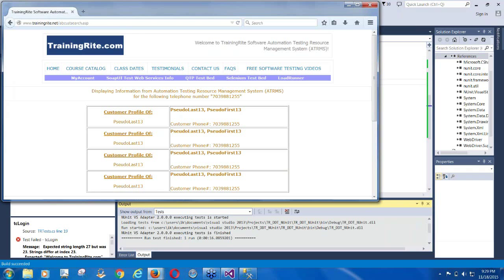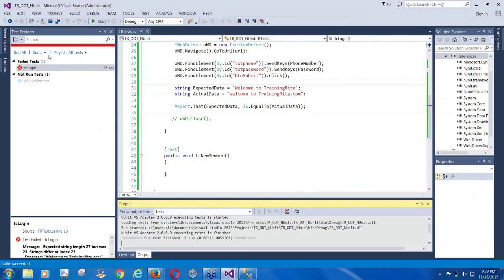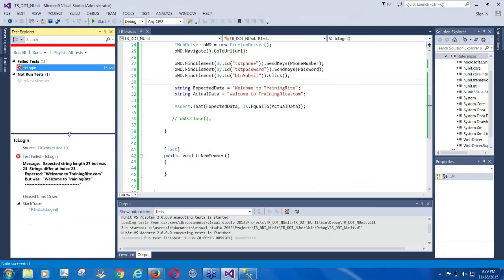If you see here, the test case did fail. Nothing else here failed because we did not test anything there, but basically the test case failed, and you have the reasoning. The message says: expected string length is 27, but was 23. Strings differ at index 23. So it is saying expected is TrainingRite.com, but was TrainingRite. If I make both of them the same, with .com on both,